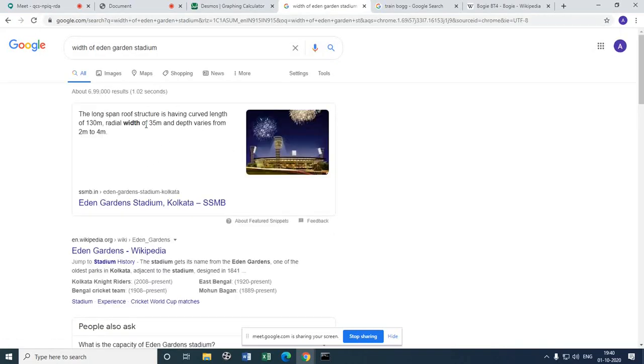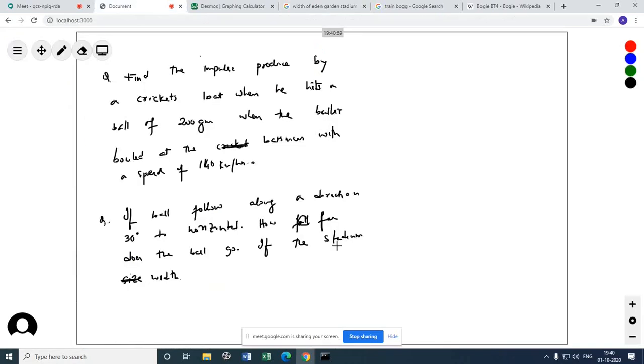What is the dimension of Eden Garden Stadium? You see, it is a curve length, so 130, radial width of 35. I will take this as 35 meter. Okay, if the stadium width is 35 meter,